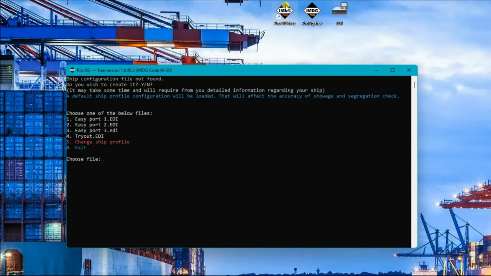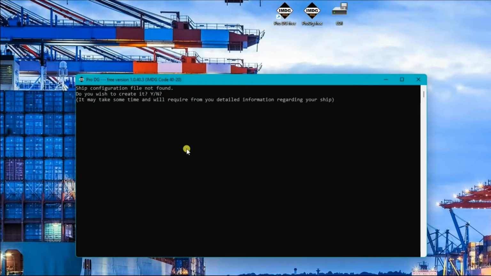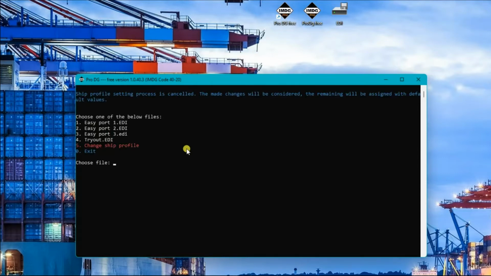If by mistake you press some other button than Y, there is nothing to worry about, just close the console and restart it again. Exactly the same option you will get again. At this time you have to press the Y button, which means yes, and then you will come to the screen of creating the ship profile. Anytime while in the creating ship profile window, you can type exit or simply press the escape button